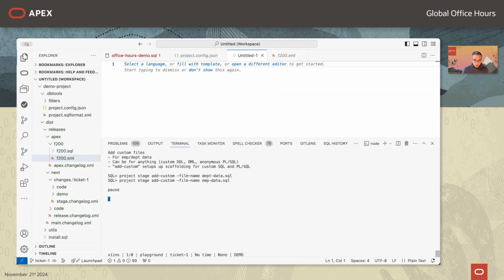So I created the DDL. Now I want to insert some data. And sometimes you need to include DML as part of your release. And so in this case, I'm doing this as an example to show custom files, because there are times where you may need to run an anonymous block of SQL or just a delete statement, etc. And what we do is we have this command called add custom, and it creates all the scaffolding for you to